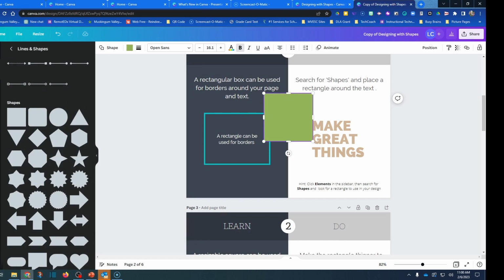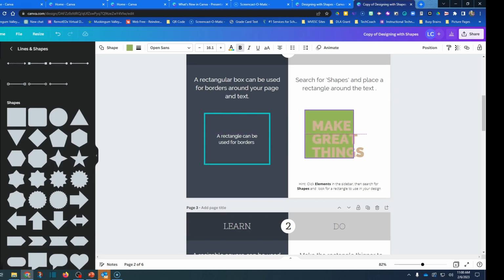So over here I've clicked and I've made this shape. I'm going to click, drag it to where I want it, and resize it. Now you can see that this shape is around here, but you're like, oh, that's not quite the same. No, it isn't quite the same. So one thing, my shape is green.